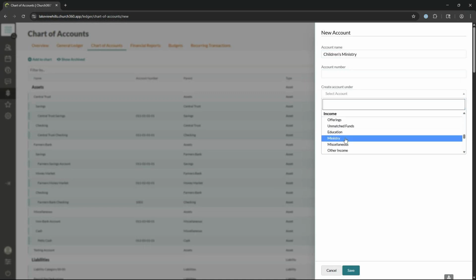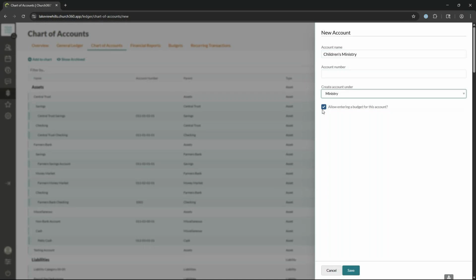So if I go down here and choose ministry, the only option we have to turn on or off for this is to allow entering a budget for this account. One request we got a lot with the previous First and Ledger is, well, maybe I have some non-budgeted income accounts or non-budgeted expense accounts. If there is a situation where you have an income or expense account that you don't want on your budget, you could uncheck this box and that account would not be available for you to apply a budget to later. So you can turn that on or off as needed. By default, that will be turned on because, again, most income accounts are going to be budgeted. So if I save that,